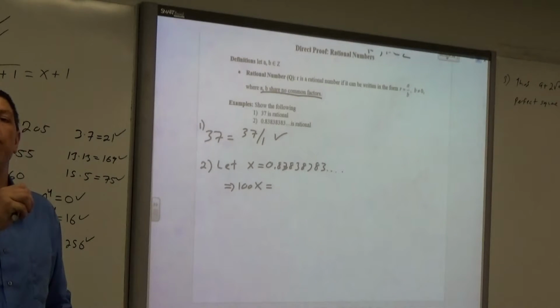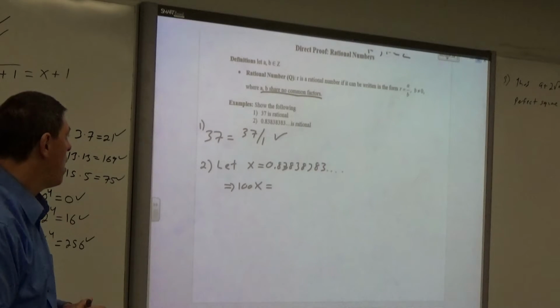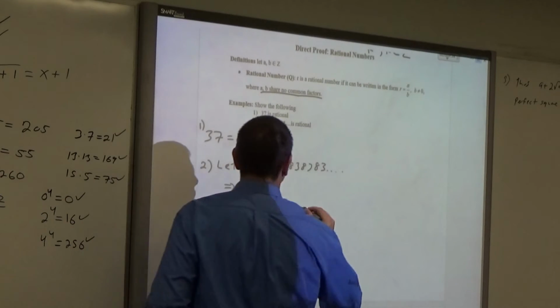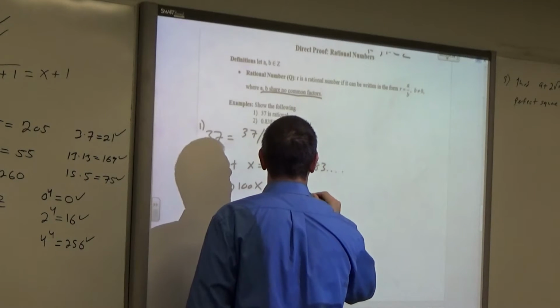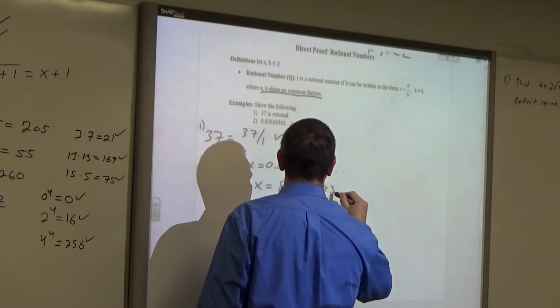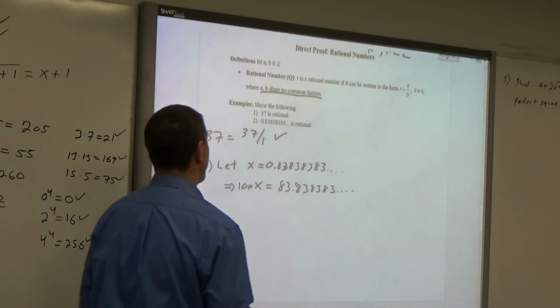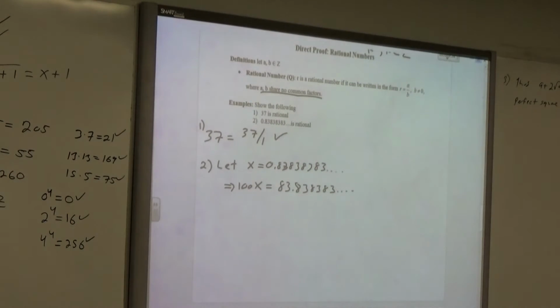If it was 4 digits, it would be 10,000. Guys, isn't it true that 100x is equal to 83.838383 forever? So nobody doubts that, right, guys? I mean, if I just define those as variables or even strings. What if I subtracted those? What if I took